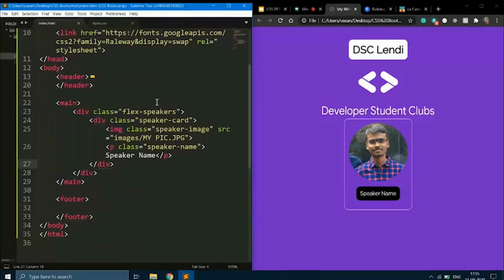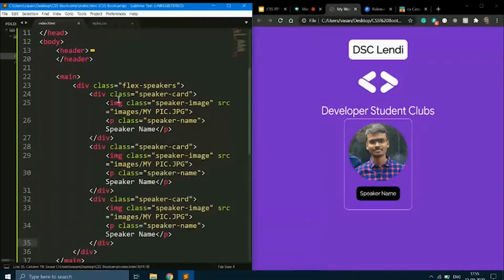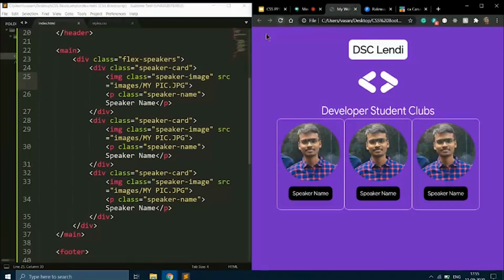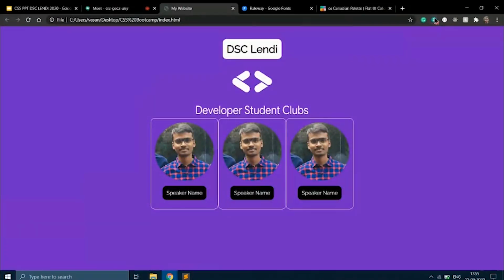So let's say we have another two speakers. I'm going to copy the speaker card tag and paste it again 2 times under the main div tag which says flex speakers, and when I run this, you can see I am getting 3 different speakers. Okay.